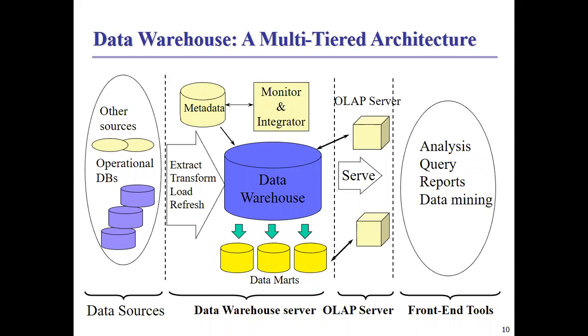And the refresh process updates the data from the data sources to the warehouse. The operational database holds day-to-day transactions, which I already told you multiple times. Each time a transaction changes, some new data is added, some old data is deleted, so this happens frequently in the operational database. Based on that, which data are important to reflect in the data warehouse, or which data should be changed or updated in the data warehouse, will be done by the refresh process. That's why it's called refresh.